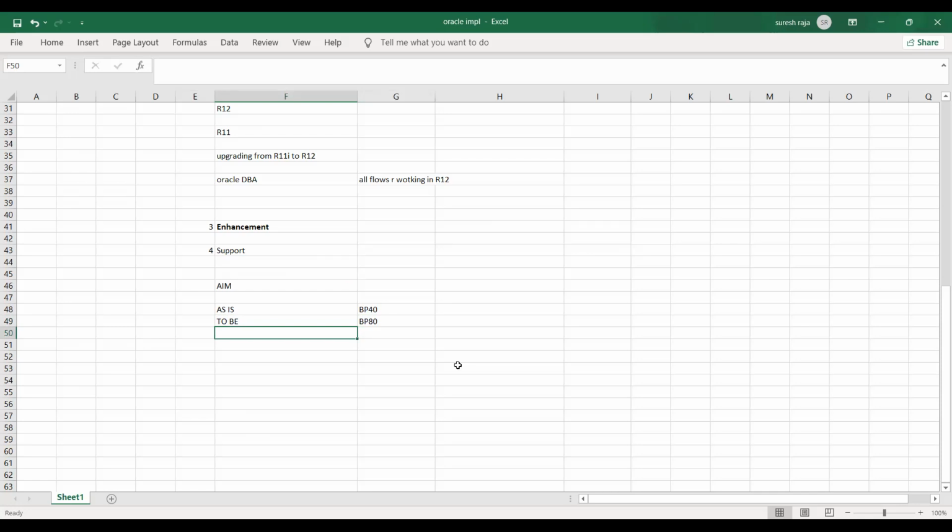AS-IS, TO-BE. See, if you work in Tally, somebody gives an amount, and without the supplier created you can receive a payment. But in Oracle, you have to create a supplier, either in the purchasing module, SCM, or if it is a manufacturing company, the purchasing team will create the supplier. If it is a service-based company, you don't need the SCM module, only the finance module.